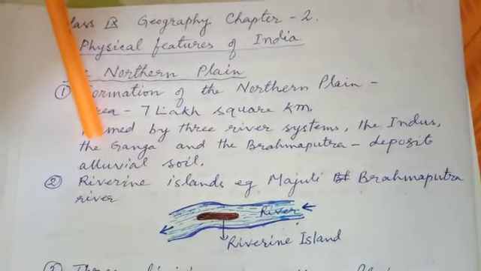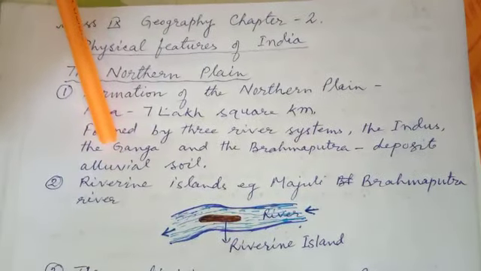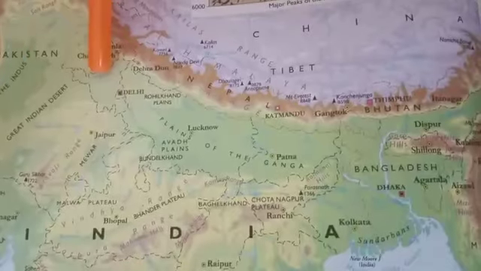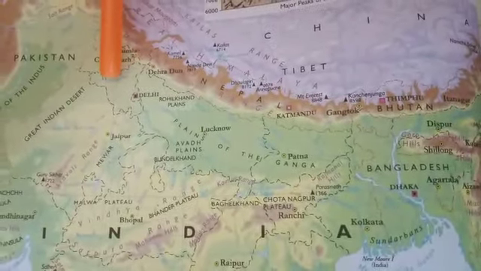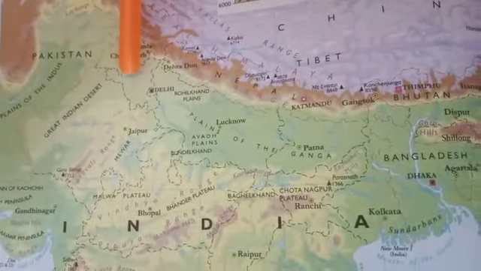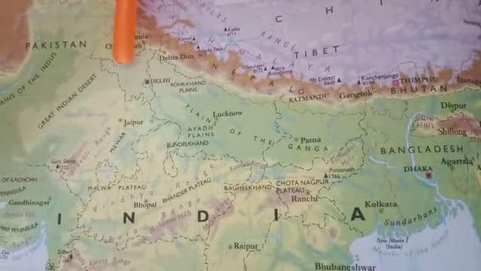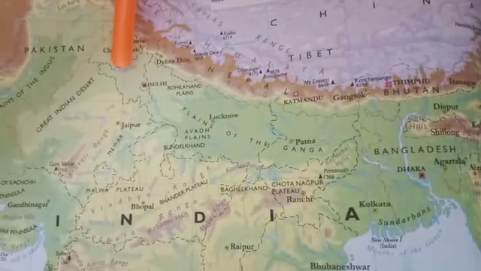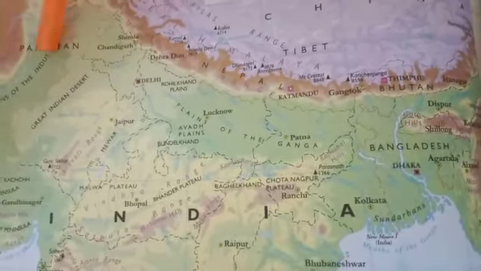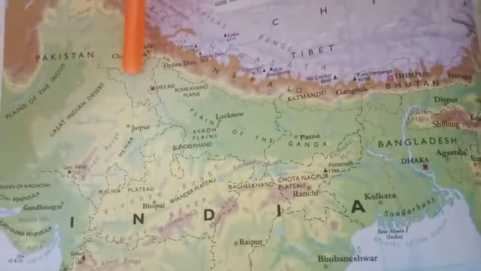The northern plain is divided into three plains. First one, Punjab plain, second one, Ganga plain, and third one, Brahmaputra plain. Now look at this, the Punjab plain. It forms the western part of the northern plain, and this is formed by the Indus and its tributaries Jhelum, Chenab, Ravi, Beas and Satluj. A major portion of this region is in Pakistan, where these are mainly Doabs.